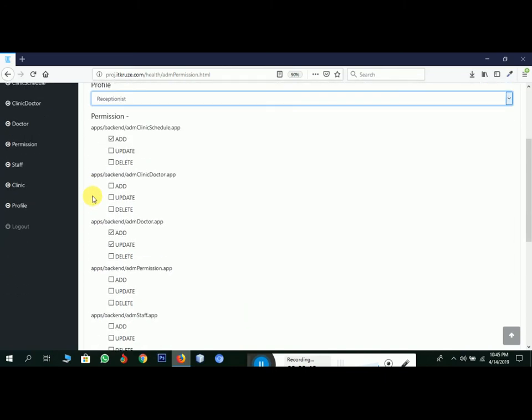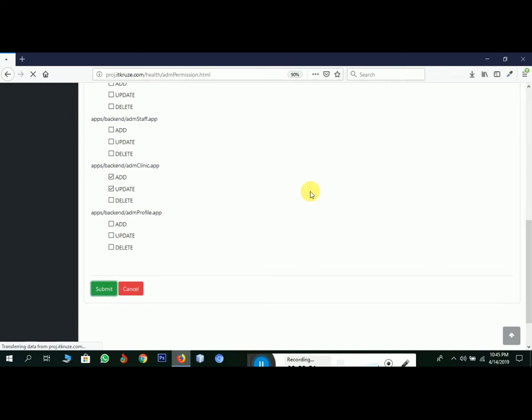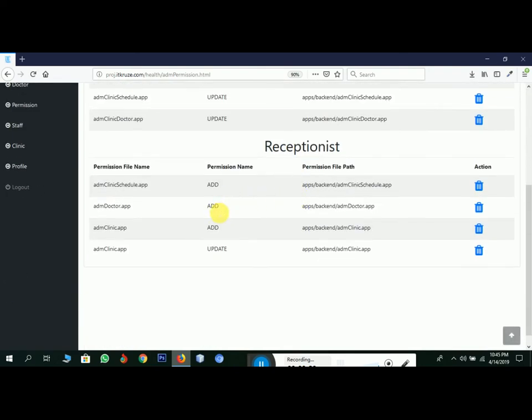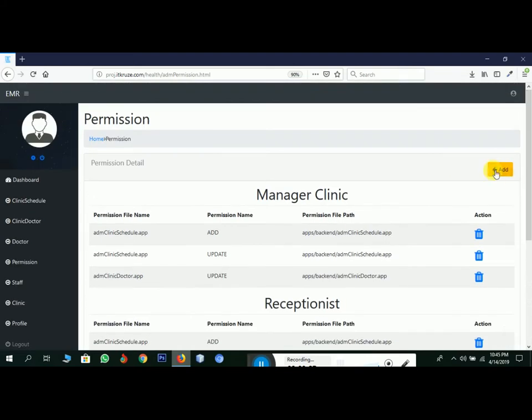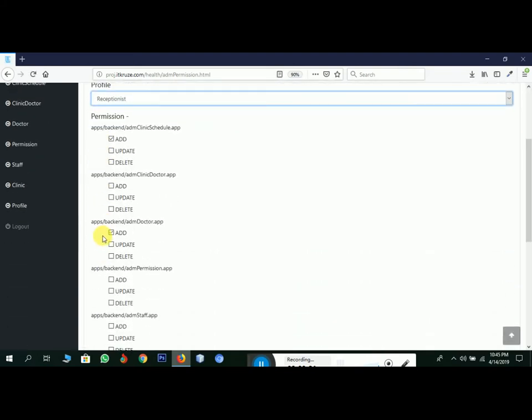I can update. Suppose I deselect the update and click on the submit button, then the permission will be updated.